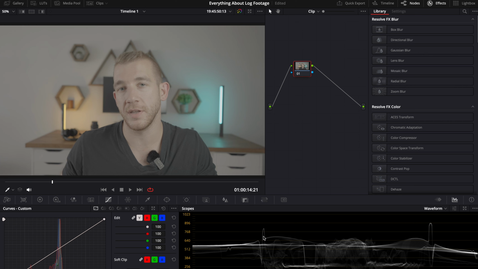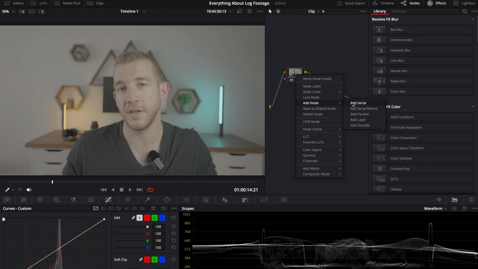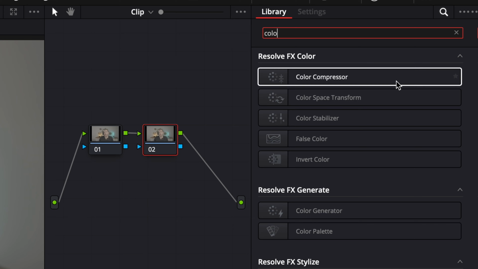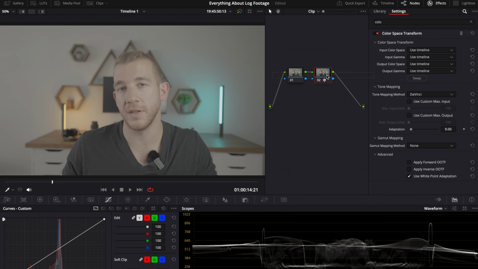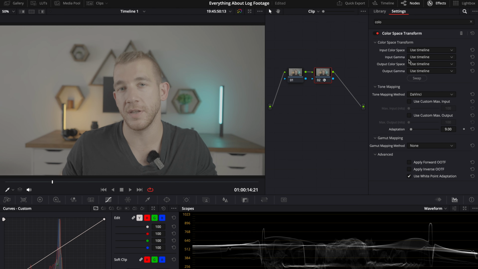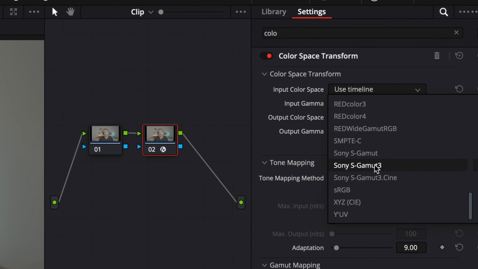In Resolve, go into the color page. For simplicity of this video, I'm just gonna add one more node so that you have two serial nodes. Go to the effects and search for color space transform and drag that onto the second node. And you wanna be sure that you add it to the second node, not the first, and I'll explain why in a minute. This color space transform effect will transform your log footage into Rec 709, which is the standard